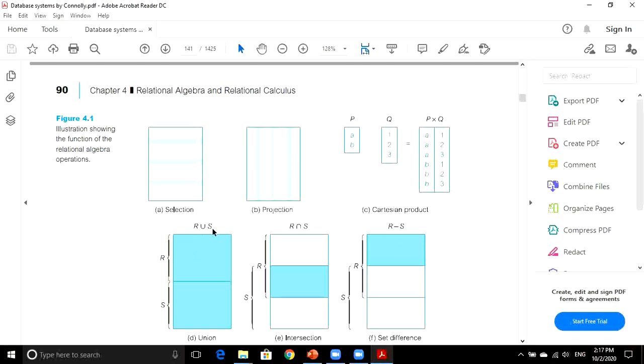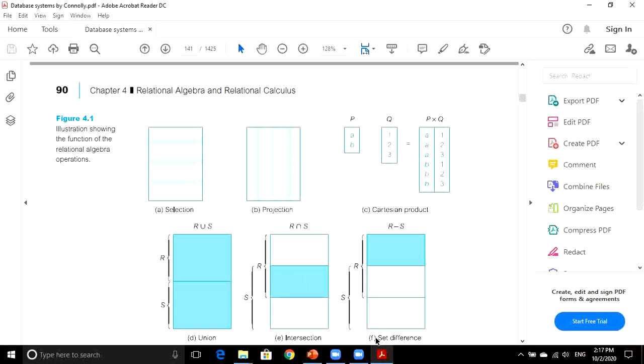Next we have the union operation. In union operation we have all the values of R and all the values of S as well, and the duplicate values will appear only once. Then we have the intersect operation. In intersect operation we have only those values that are present in R as well as in S, that are present in both relations. So we have this overlapping area in the intersect operation.